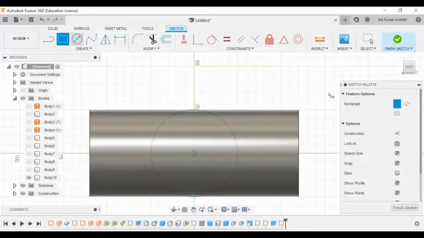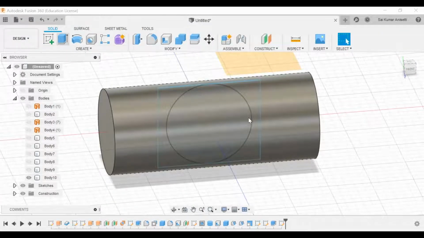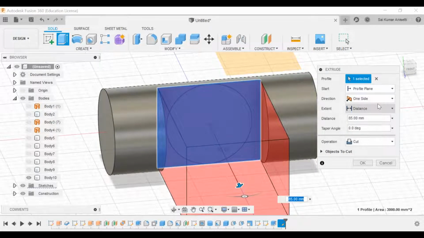If you have a simple square, let me go to center rectangle. Now let me exit the sketch, and extrude, take this one and make it symmetric.